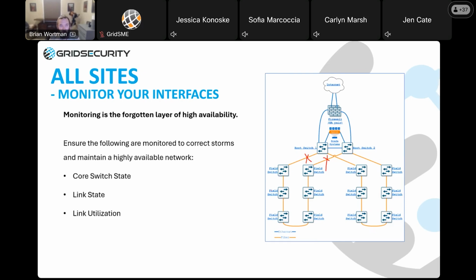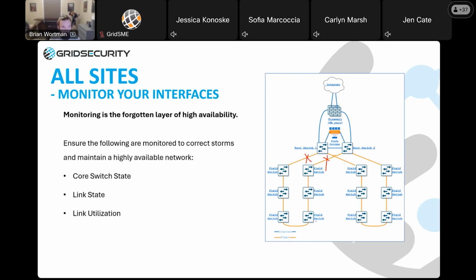Monitoring also makes it a lot easier to catch what we would call flapping links, a link going up and down over and over again. It's hard to catch that just by logging into a switch interface and looking at it. It's a lot easier for your monitoring to say, hey, I saw that go down for 30 seconds and come back up. Every one of those link state changes is going to trigger a topology change, and that topology change is going to cause outages while it's occurring and while it's reconverging. It's a lot easier to catch that with good monitoring.